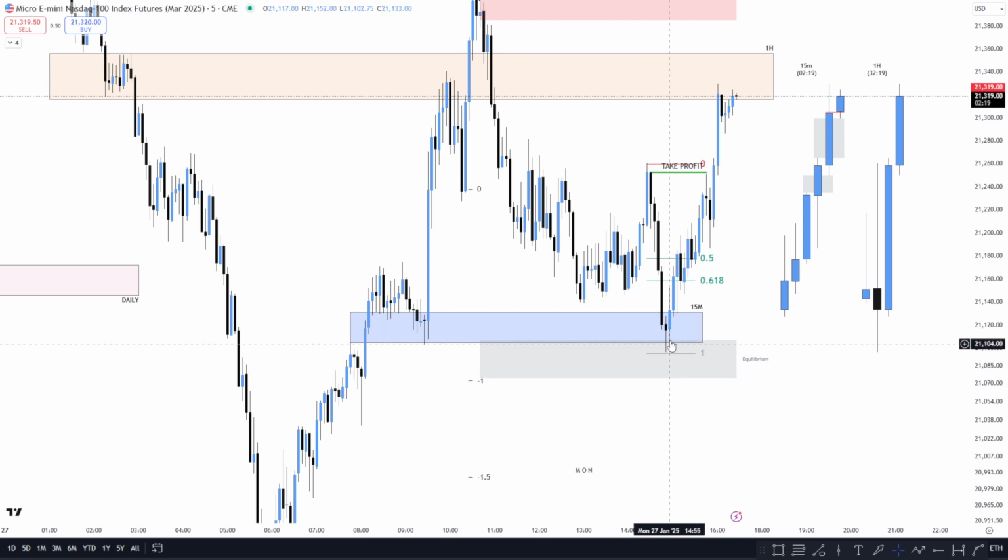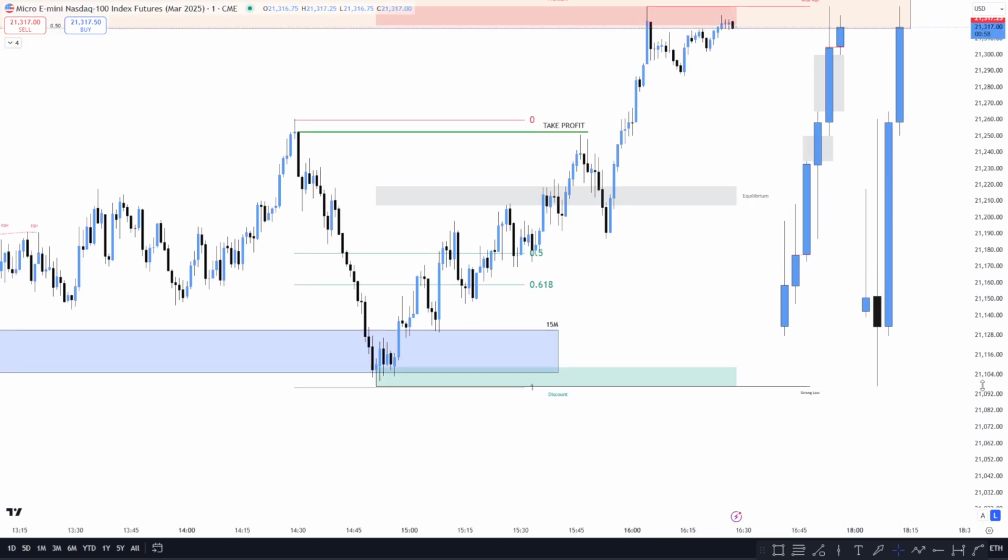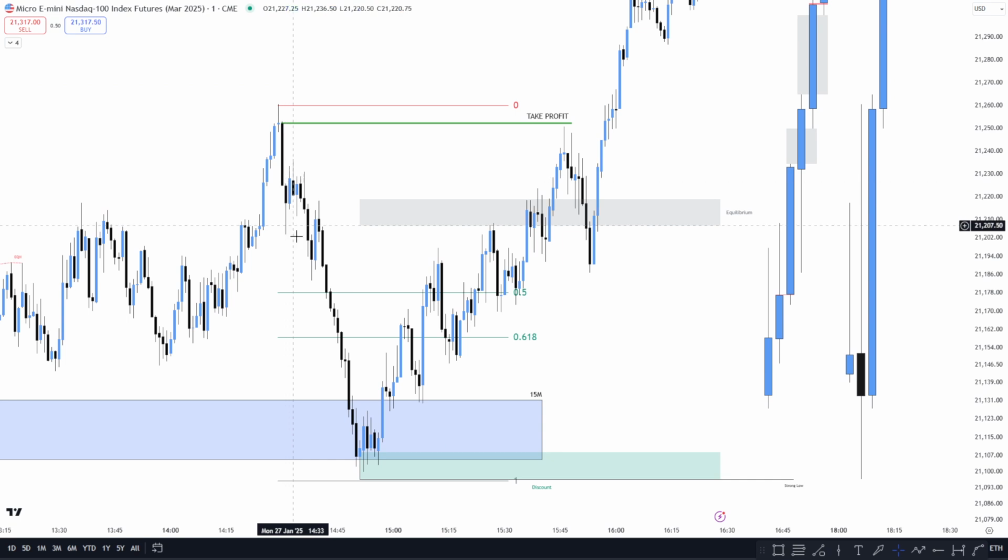And since we got that rejection again, obviously you guys know from the MMXM course, if you reject off a key area like the 15, the hour, or the 4 hour, then you go back to the time frame alignment times. So since I rejected off the 15, now we're going to go back to the 1 for the entry, and also the 1 should complete that